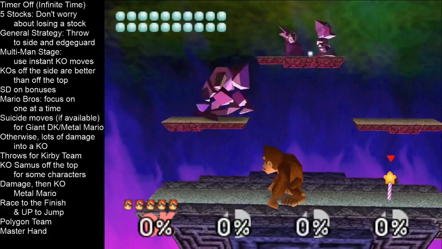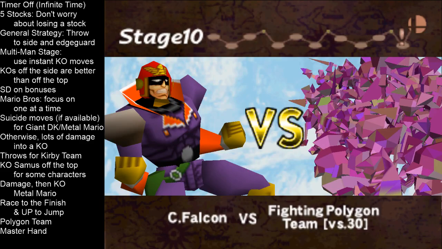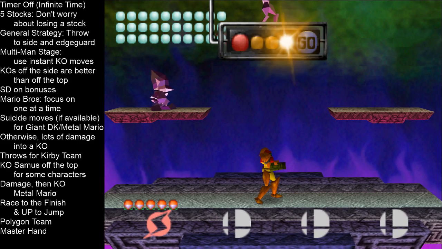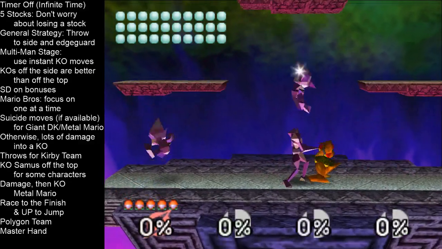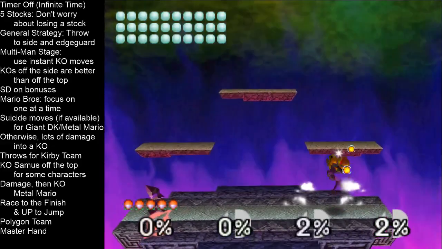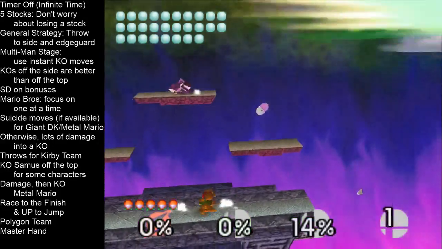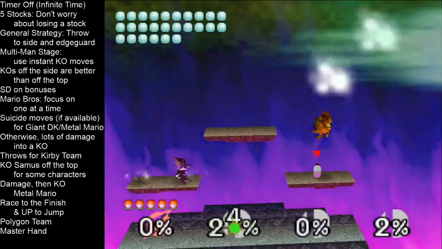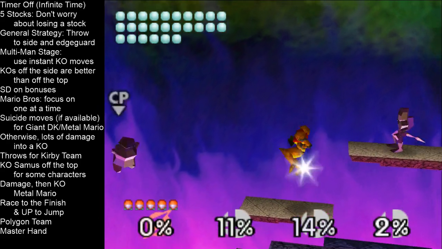Next character that has a move that will instantly KO, and I highly recommend using this move, is Samus. Grabs do KO, but this is Samus's grab, and if you miss a polygon, it takes that long for it to go through. Instead, if you do an up B, that's a bad example, but if you get them in the middle like that, that will KO them. Sometimes. Apparently I'm not really getting good luck with this. Other moves you can use are... Actually, that doesn't even KO, so...